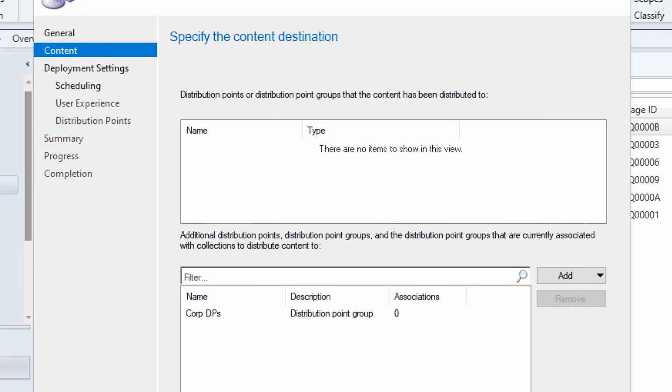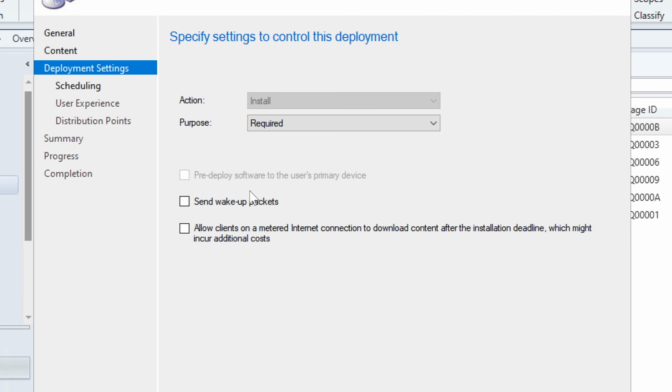And I'm going to click next. All right. So here is where we can specify some other things. It specifies the settings to control the deployment of it. We know the action is to install. We already told it that. Remember, we said it's going to be attended